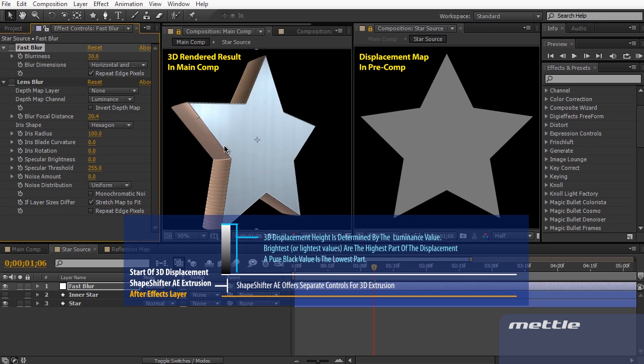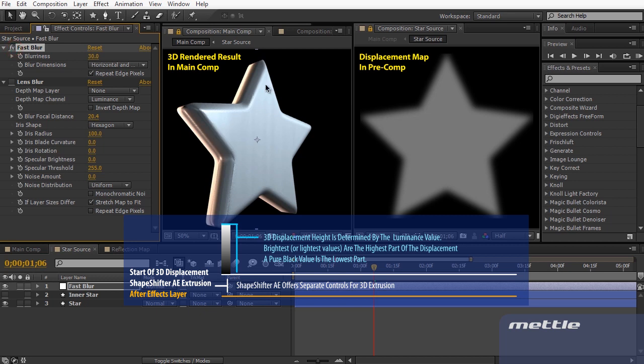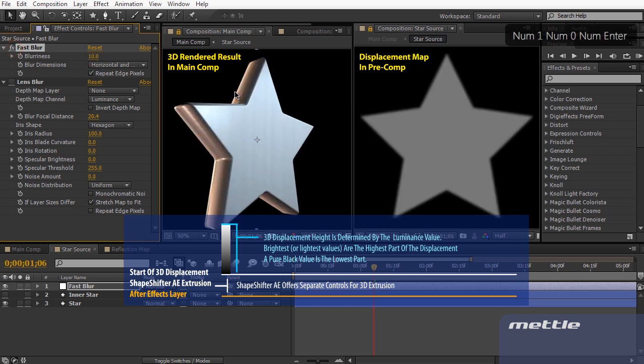It's very flat and very similar to the original source of the star. And I'm just going to turn on the fast blur just to get these nice soft edges and turn it back down to 10 so it's more subtle. Now the way displacement map works in ShapeShifter is pretty much the same way as how displacement map works in